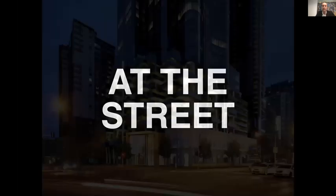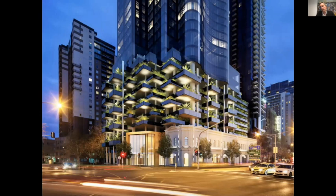So one of the things that we did want to do differently with this project was to really think carefully about how we hit the ground. A lot of tall buildings do hit the ground in quite an aggressive way, and we wanted to have a very gentle, human-scaled interaction with the street. And so we had a constraint that our car park, because of soil conditions, couldn't be subterranean. So we had this idea of shrouding the entire podium car park, which was above ground, with this green shroud,